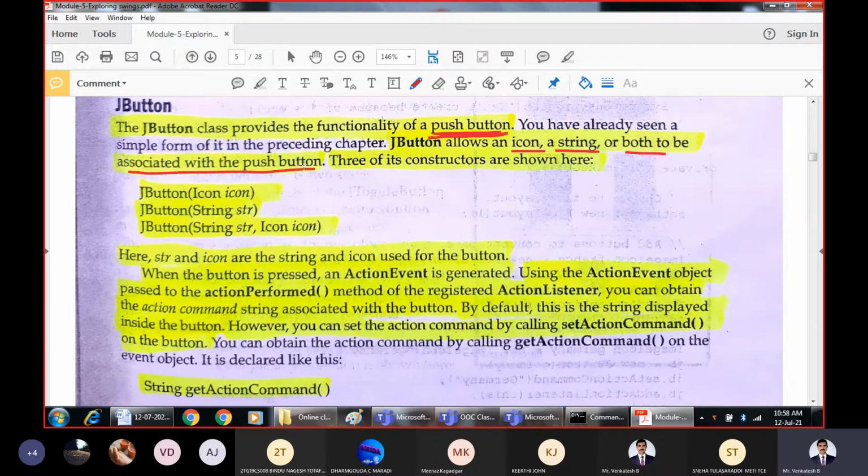You can go for only a text based button, or an icon based button, that means an image based button, or a combination of both image and text.